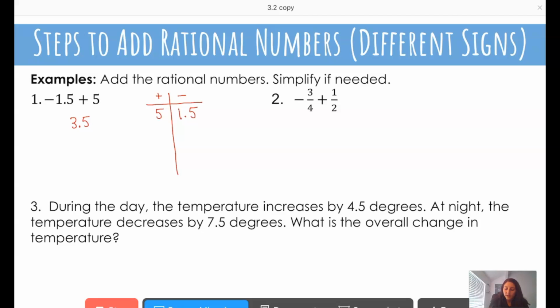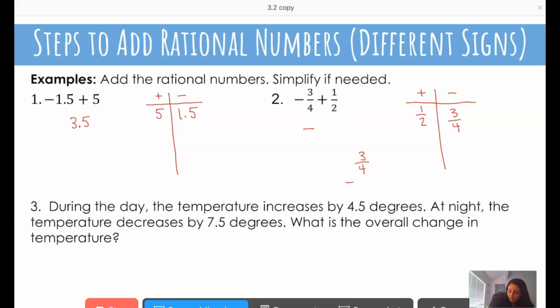Number 2, we have negative 3/4 plus 1/2. So again, we have a negative and a positive, so we have different signs. We have 1/2 for the positives and then 3/4 for the negatives. So who's winning? The negatives, right? 3/4 is larger than 1/2. And by how much? So we're going to have to do 3/4